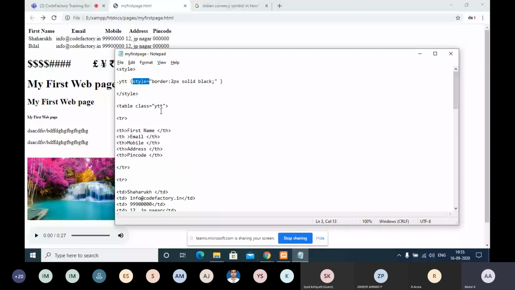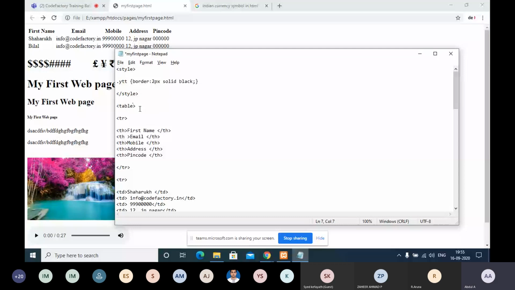I should write the style tag only in the HTML. Here I need to write only the styles, not the style tag syntax.